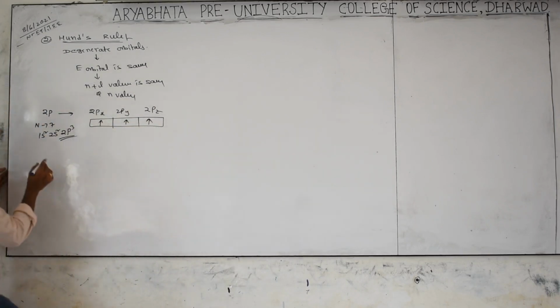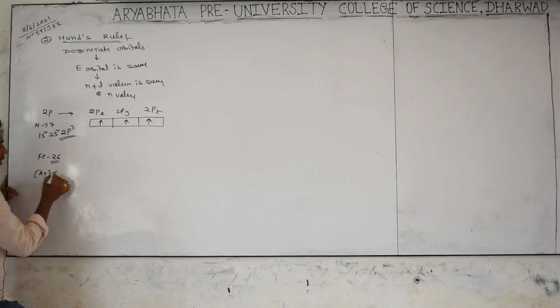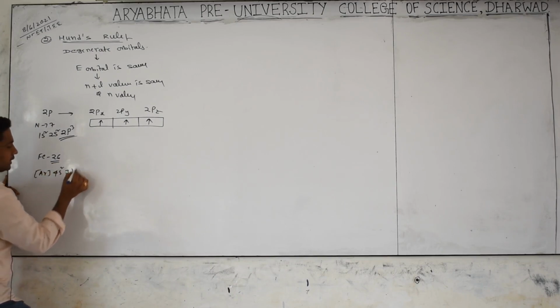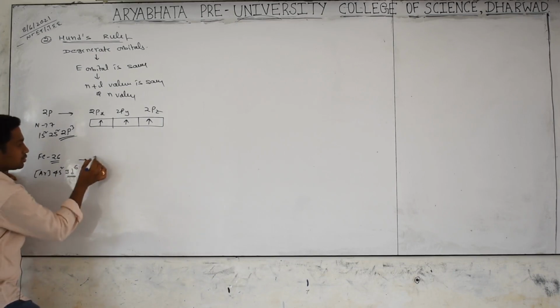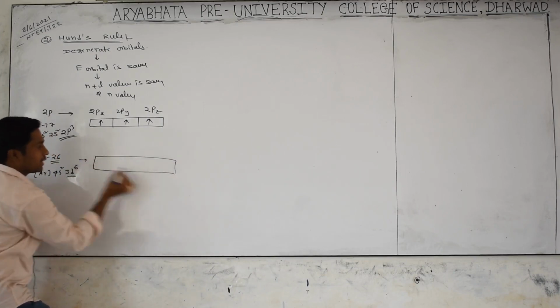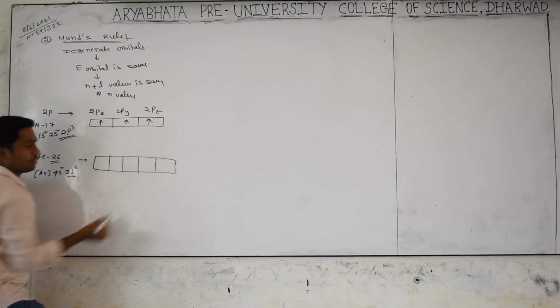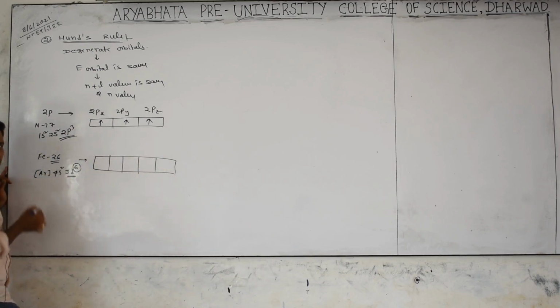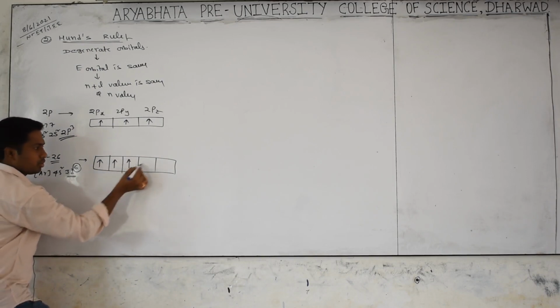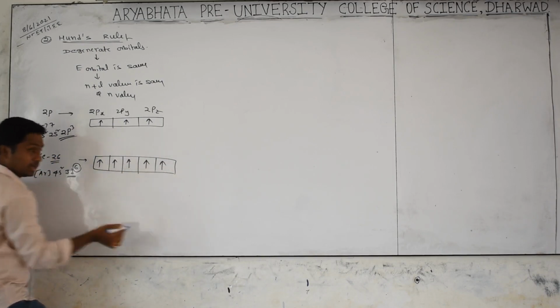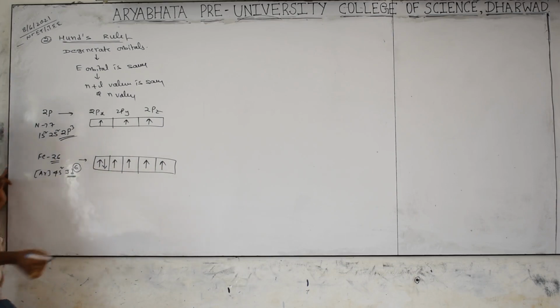For example, you have iron. Iron means 26. Do you know the configuration? Argon 4s2 and 3d6. Now we can take 3d. The 3d orbitals are of how many types? 5 types: 1, 2, 3, 4, 5. How many electrons are there? 6 are there. First, what happens? One electron goes into each orbital. Then the 6th electron starts pairing. That is called Hund's rule.